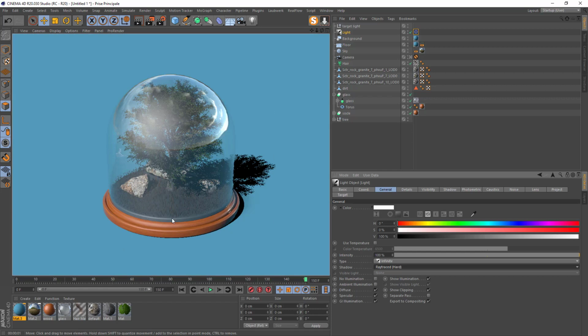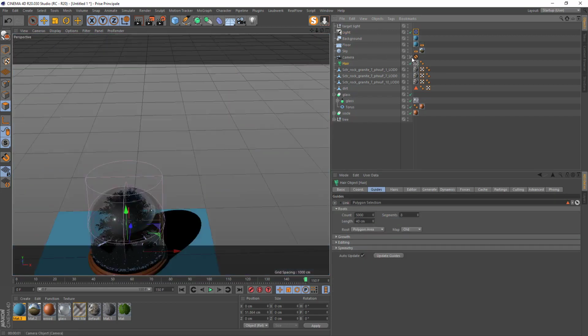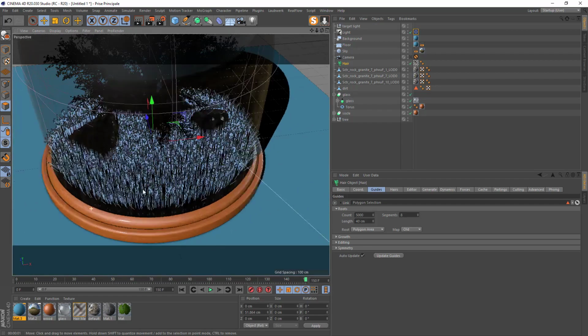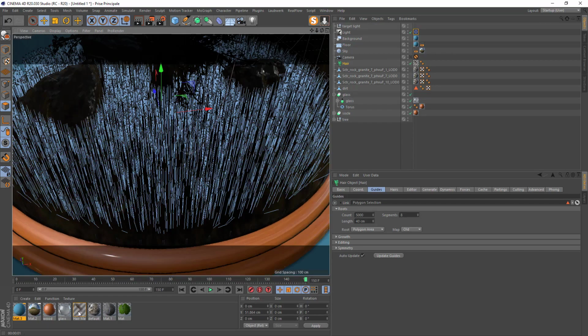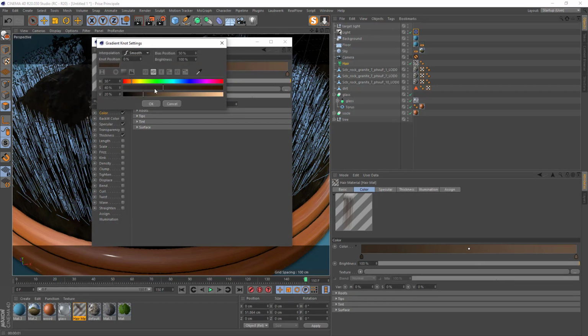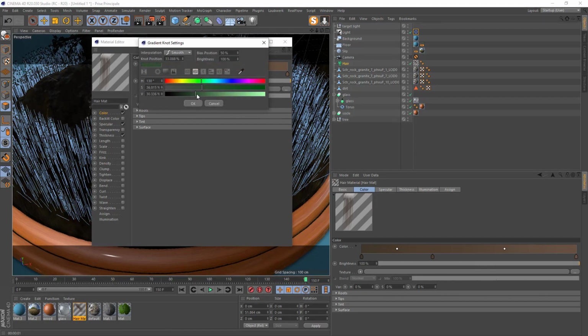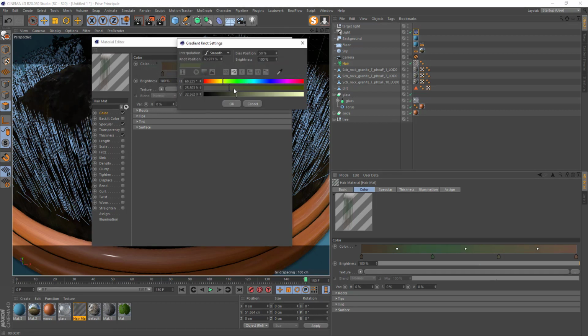We can tweak the grass. So go to air. We'll just zoom on the grass to see. Double click on the air material. Color. Make it a little bit less brown, you see, like that. Add a point here, double click. Make it like a dark green, something like that. Add another point. Make it, yeah, brown, you see.